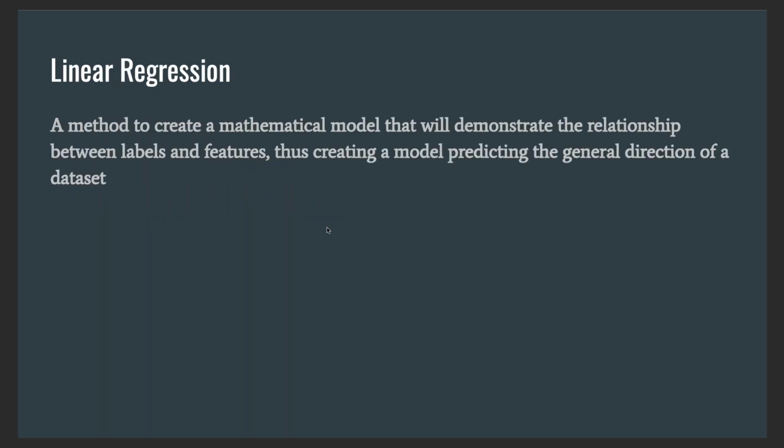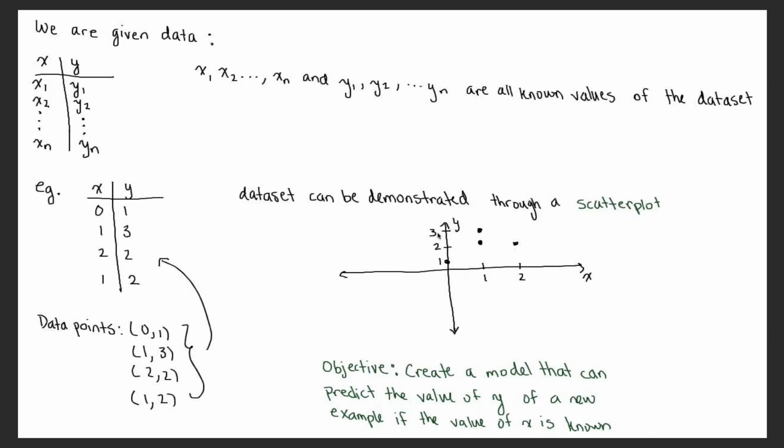Now when we talk about linear regression, it is basically a method to create a mathematical model that will demonstrate the relationship between labels and features, therefore creating a model that predicts the general direction of a data set or a pair of data points or multiple data points. As I mentioned before, we just want to be able to create an accurate representation of our data. So if we have a bunch of points, like I did over here,